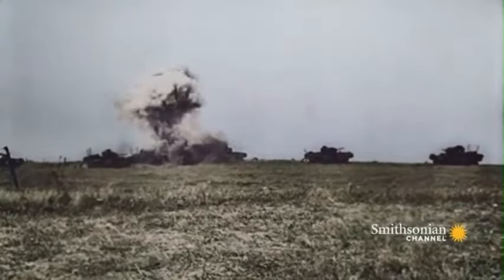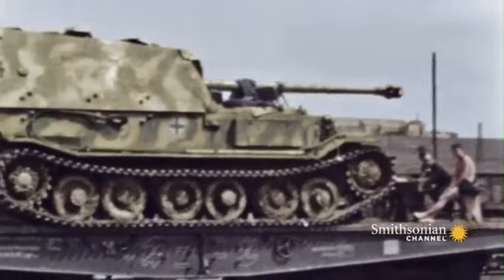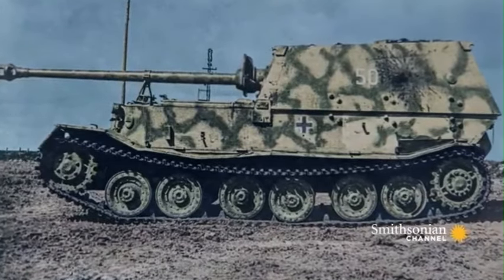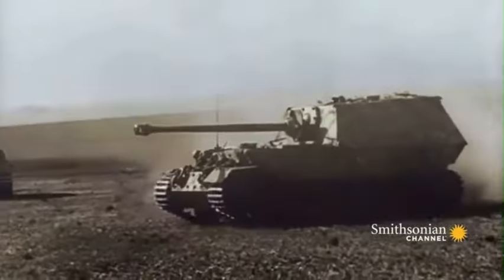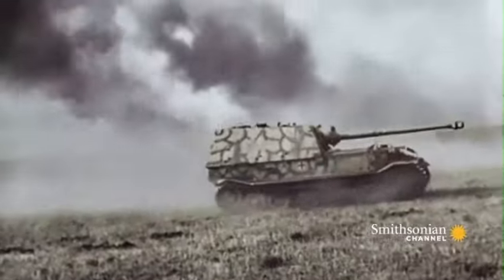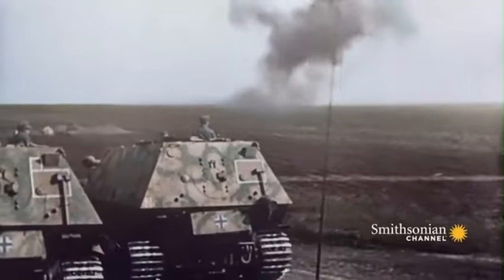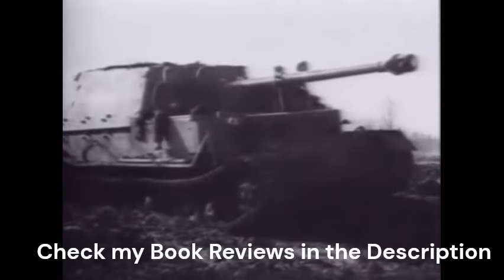The Ferdinand was a heavy tank destroyer used by German anti-tank units during World War II. 91 units were built in 1943 using Porsche tank hulls which had been produced for the Tiger tank before the competing Henschel design had been selected. Ferdinands first saw combat in the Battle of Kursk, where 89 were committed, the largest deployment of the vehicle during